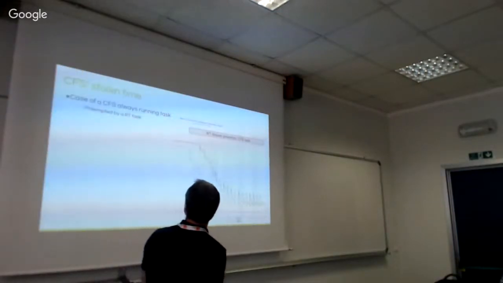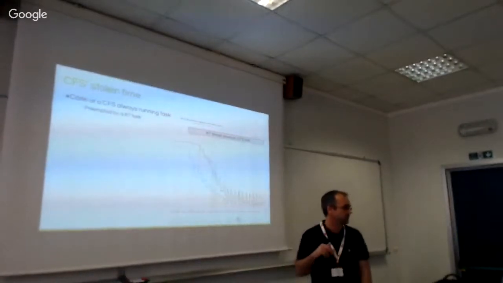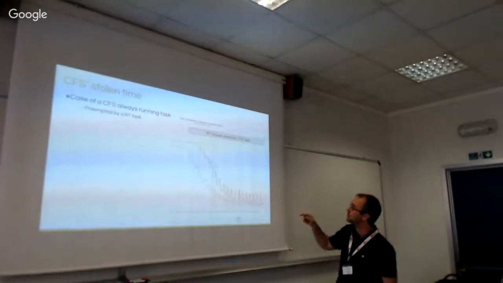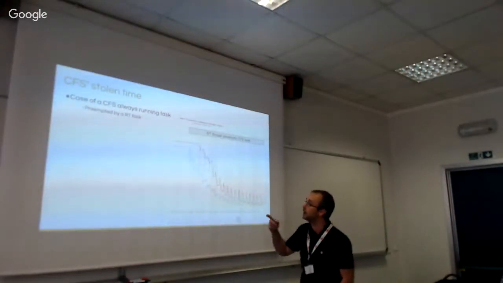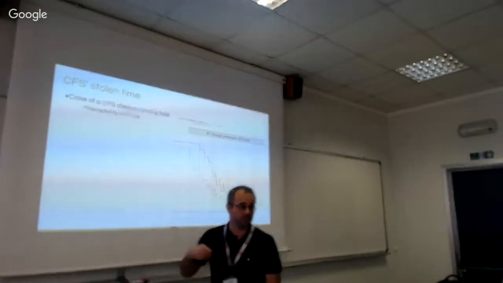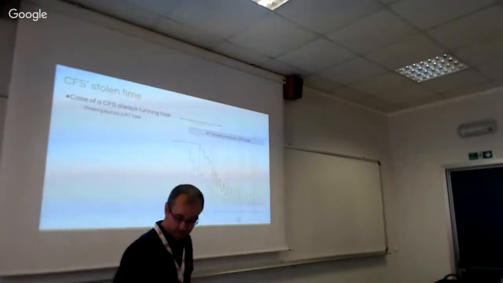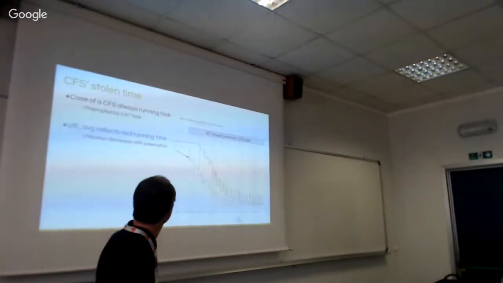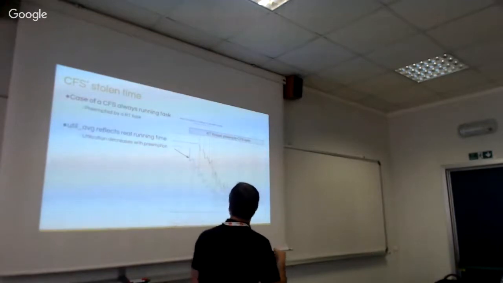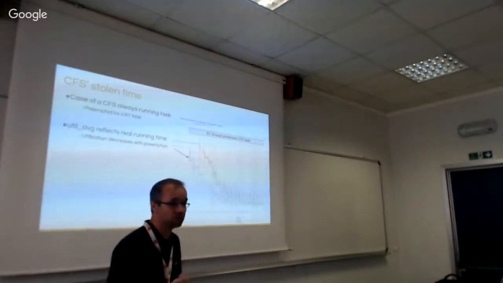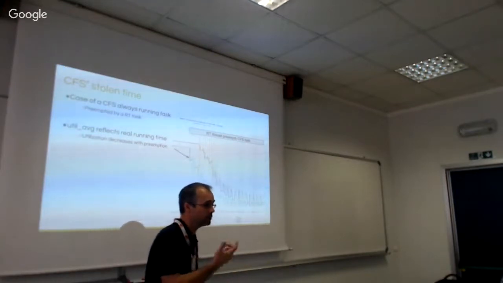The first one is a simple case with LTF. I have used LTF as well. I have an always running CFS task, and I'm waking up an RT task. You can see that once the RT task starts to preempt the CFS one, the utilization is decreasing, mainly because utilization is about the running time. So we have less running time, so we are decreasing,